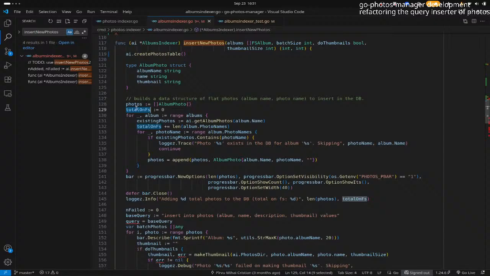I think this needs to be a map because I want to iterate through all the albums and I want to do this operation on a per-album basis. Or do I want to do that? If I don't do it like that, I risk using a lot of memory with all the photos, because that means I will insert all the photos at once at the very beginning, which I don't want to do. I'd rather keep the entire album in memory, but if I don't do it like that, I'll keep all the albums in memory, which